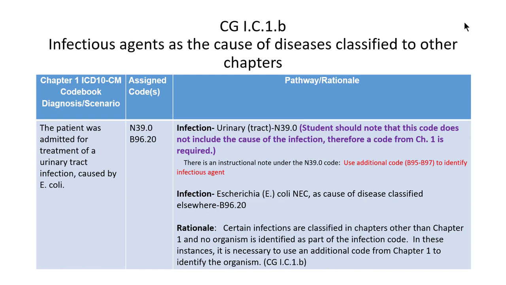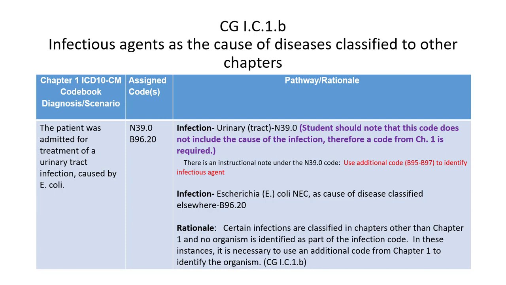This guideline, we're going to get away from HIV disease, and now we're going to talk about other diseases where the infectious agent that's causing the disease is in another chapter. It's not in Chapter 1. Some codes in Chapter 1 are described as whatever condition it is due to this organism as part of the Chapter 1 code, but not all the infectious organisms are in Chapter 1. So that's when you would code whatever infection it is, along with the